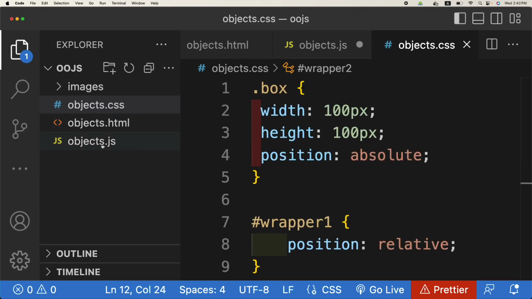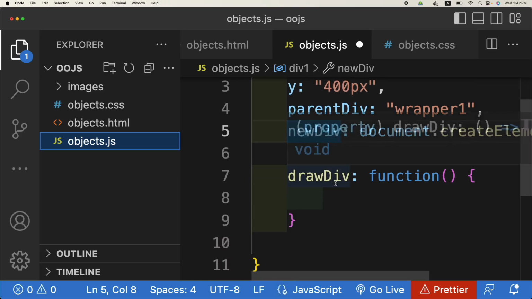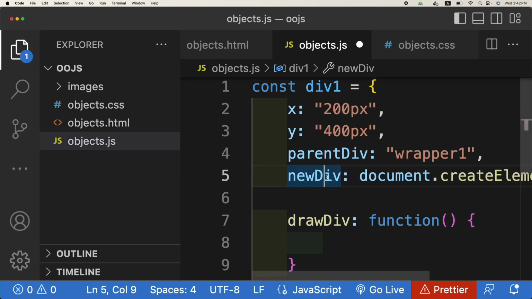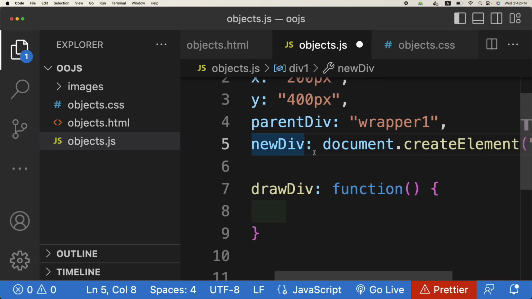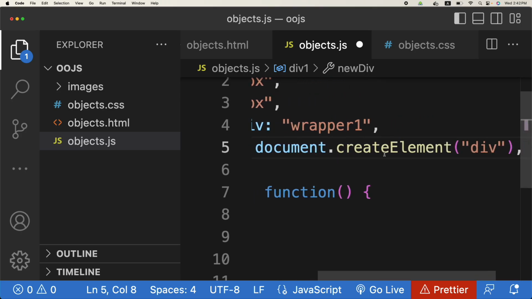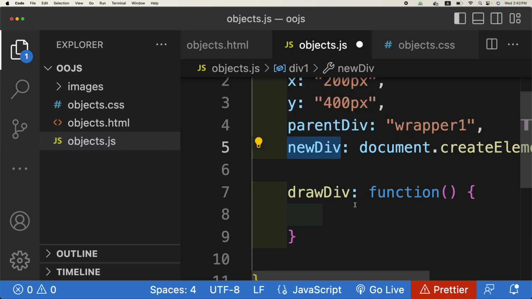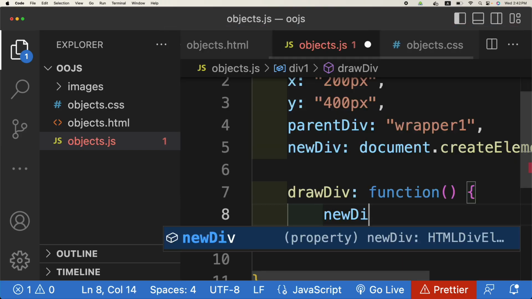So here in the JavaScript object, we already have created a div. Now I want to add this box class to this div. So that's the functionality which we need to give. We can do that inside this draw div function, right? This is the new div we have created, document.createElement div. So what we can do is new div dot,